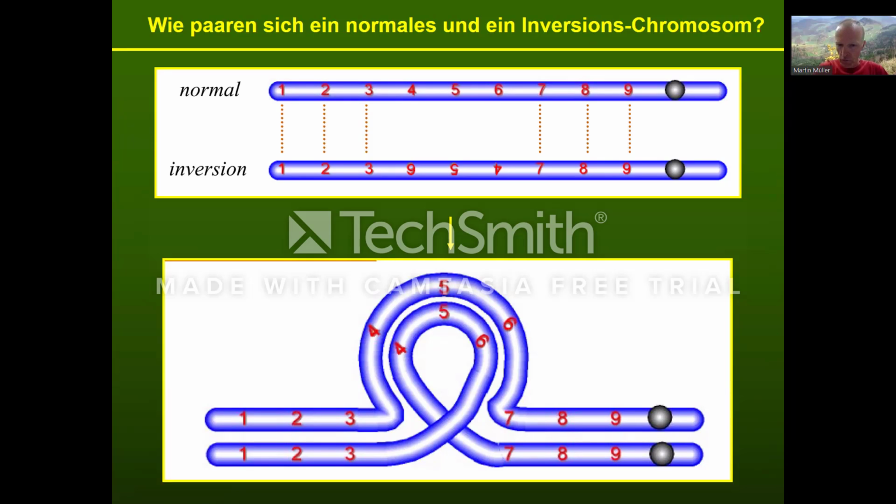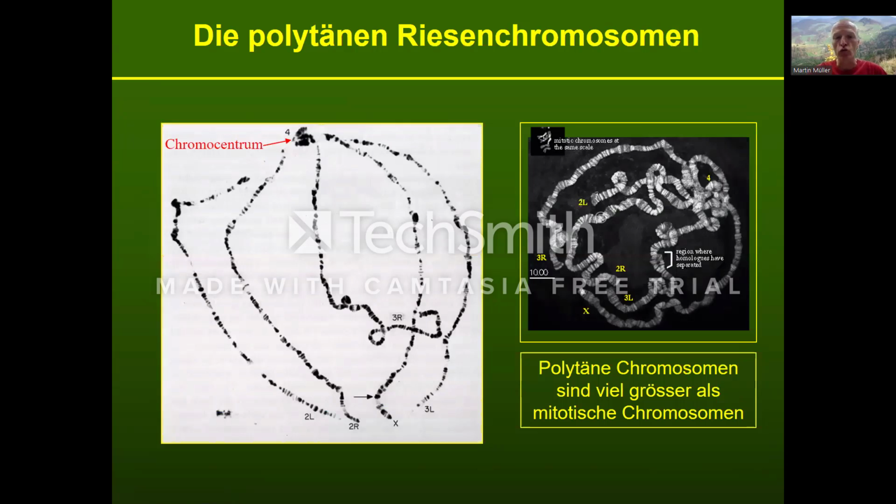And you would imagine one way to accommodate this inversion would be to make such a loop. And people actually could identify that there are such loops upon induction of an inversion. For that, they needed to use the so-called giant salivary gland chromosome. So during larval development, some cells start to polytenize, meaning that there are endocycles, so the